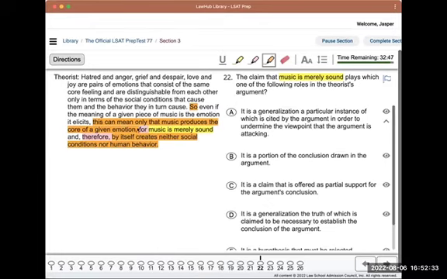So this statement, music is merely sound, supports the idea that music doesn't create social conditions or human behavior, and that it doesn't create social conditions or human behavior is then support for the idea that music only produces the core of a given emotion rather than